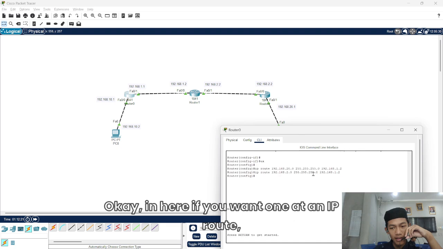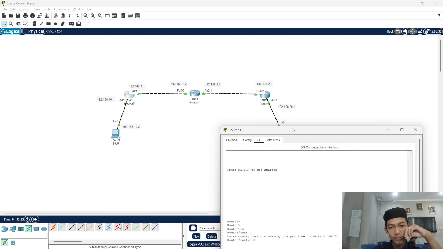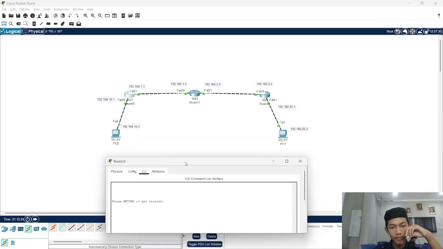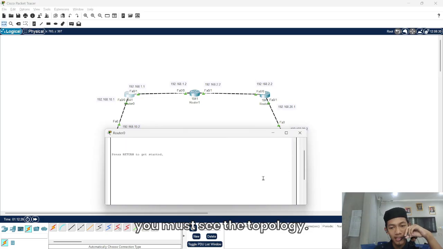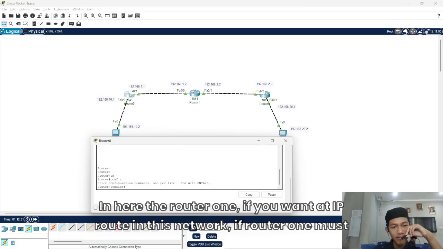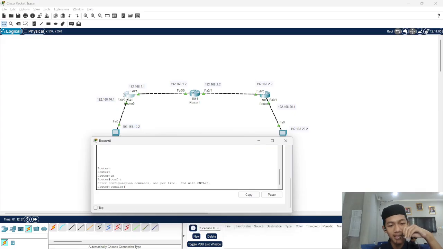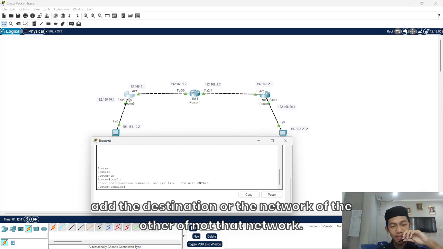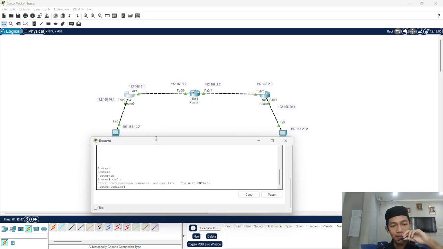In here, if you want to add an IP route, you must look at the topology. For router one, you must add the destination networks that are not its own networks.